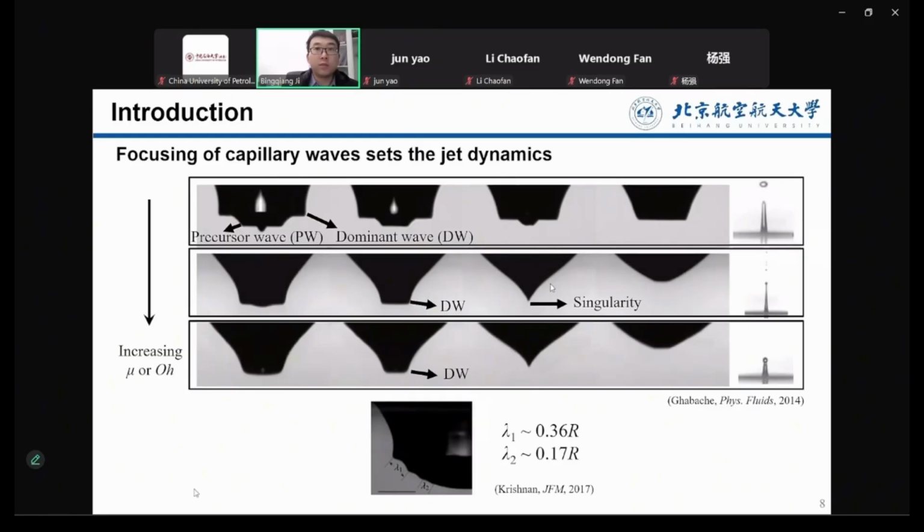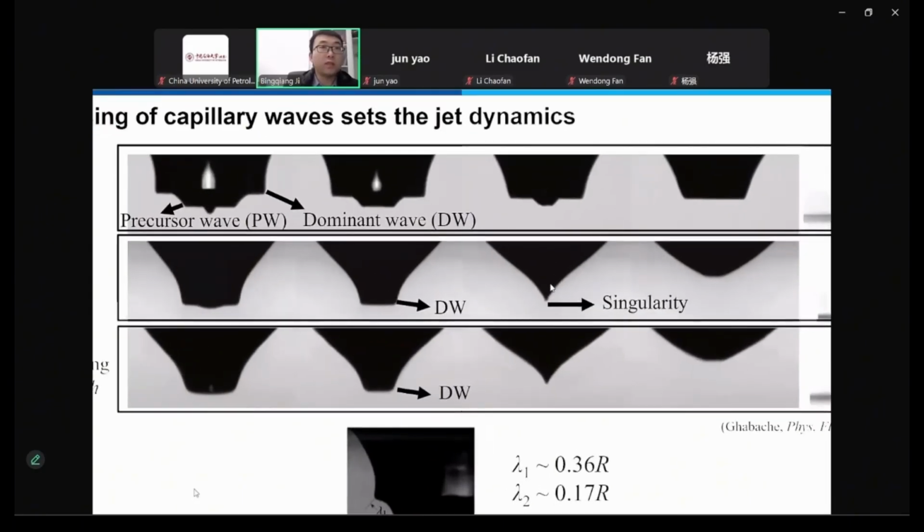At a small Ohnesorge number, which means small viscosity, the precursor waves, these small waves, can propagate to the bubble bottom, and they disturb the focusing of the dominant wave. But with increasing Ohnesorge number, the precursor wave is gradually damped by viscosity, and this makes the dominant wave focus at a smaller scale. The vanishing of precursor waves even yields a singularity of wave crossing. That means the dominant wave can collapse into a single point, literally. This is what we call